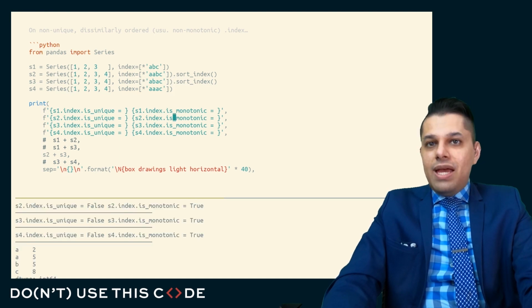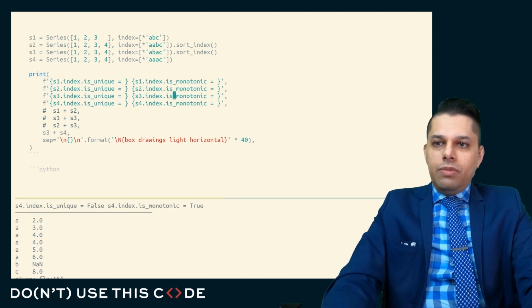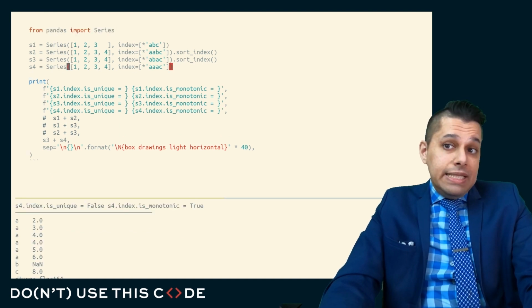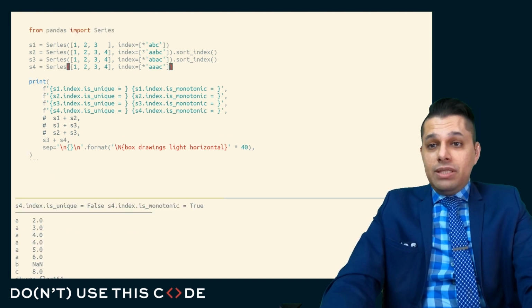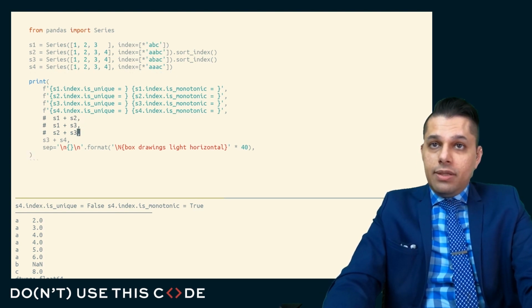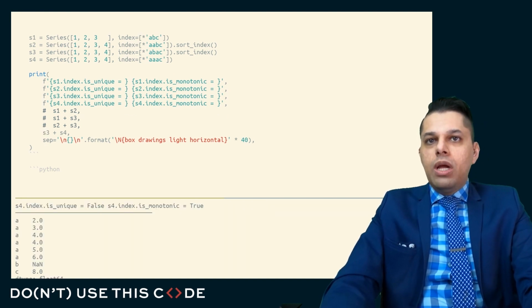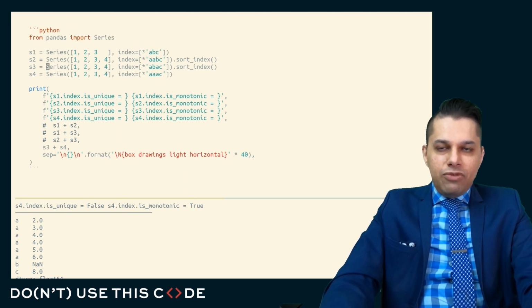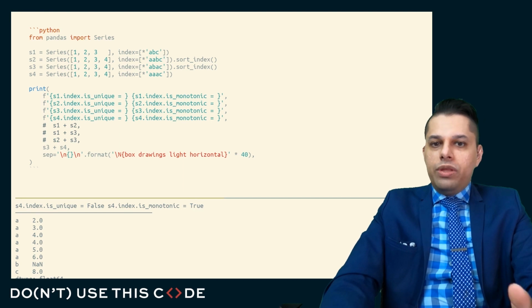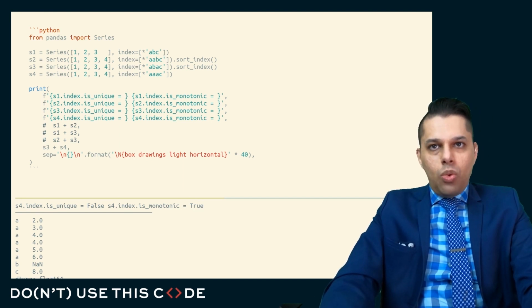If it's the case that one of these has more values of A than the other, you can see we're again seeing some non-exact match of the indices, and as a consequence, we're getting a Cartesian product, and that will be the case if I'm doing S1, S2, or S3 against S4. If these indices do have duplicates and they are not exactly matched up to each other, the same ordering with the same counts of everything, then we're going to start getting Cartesian products, and it's something to watch out for,